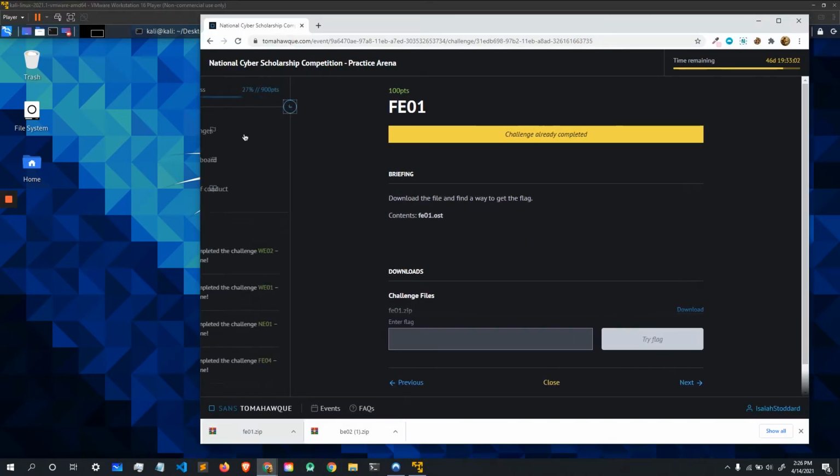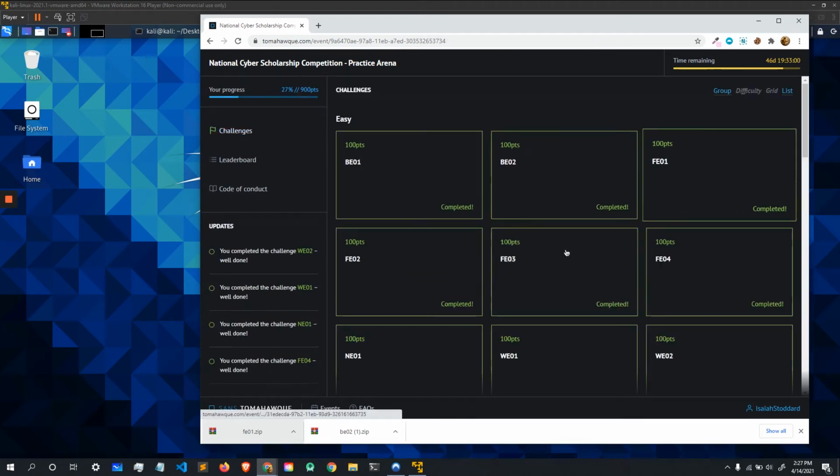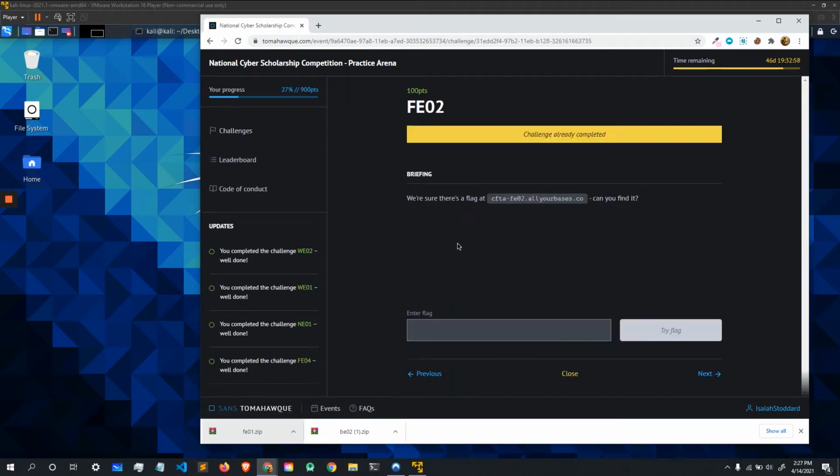Forensics number 2. So we're sure there's a flag as a link URL. Can you find it? Now for this one, we've got a couple options. This is forensics, so I doubt it's going to be networking with netcat or nmap or something like that. So let's check the DNS TXT